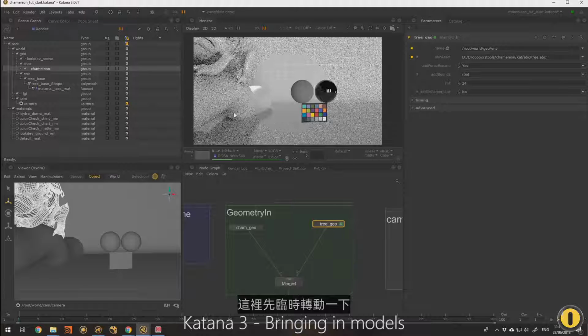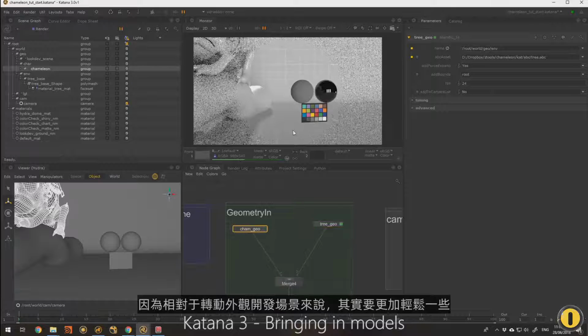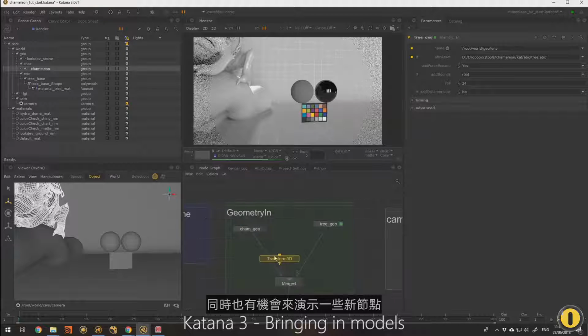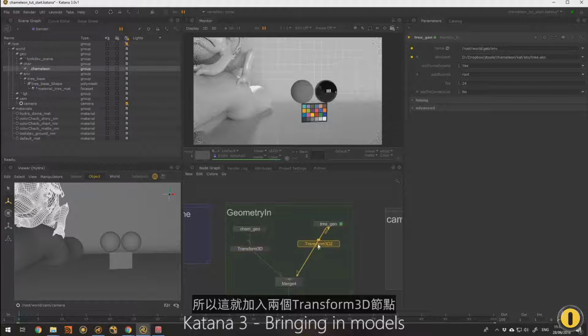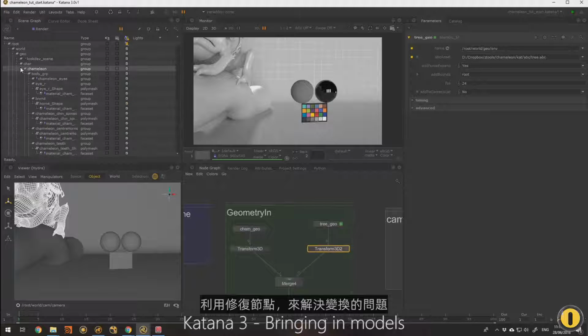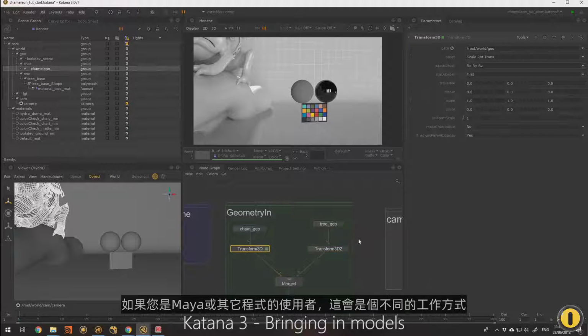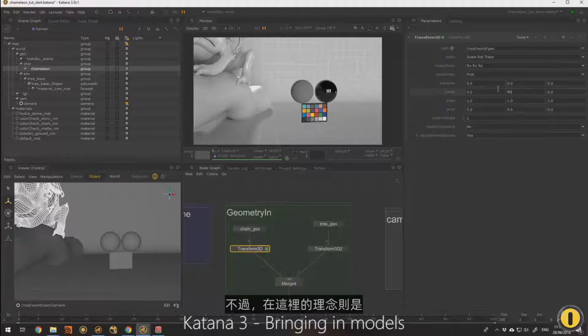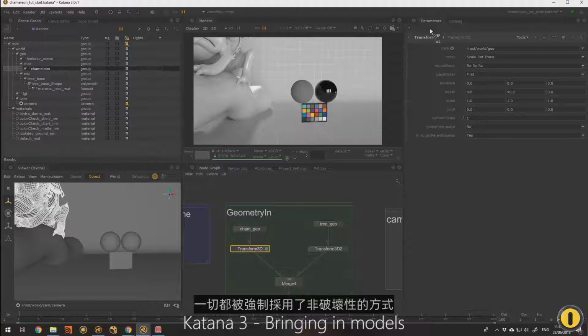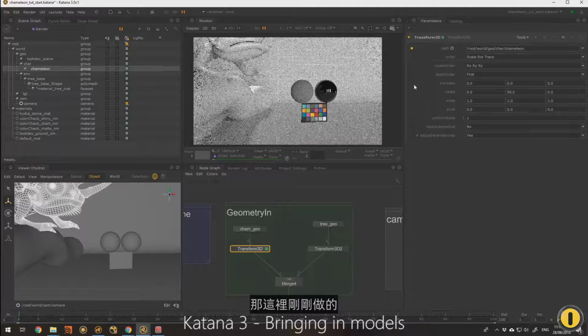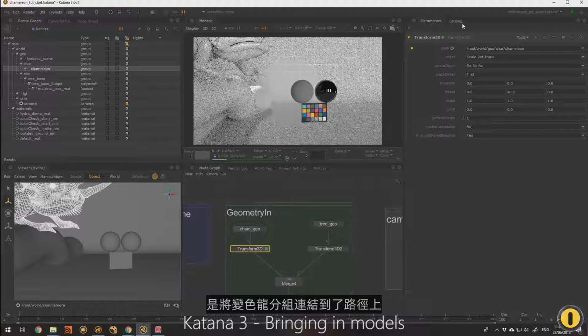I just want to temporarily spin it around, just because it'd be easier than spinning the LookDev scene around, and it will give me the opportunity to show you some new nodes. So I'm dropping down two Transform3D nodes. This allows us to have a fixed node for the transformation. This is a different way of working if you're like a Maya person or similar. But the idea is just to have a node for everything, so everything is sort of forced to be non-destructive. So what I've done there, I've connected the chameleon group to the path,